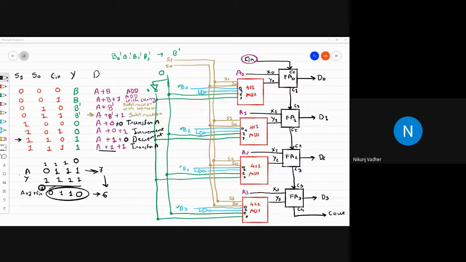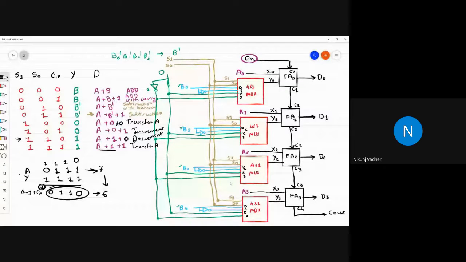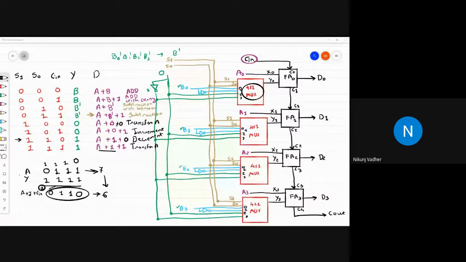If you are altering the connection, let's say if you are changing the connection in this multiplexer, in this part, then accordingly the operation will change. I will not allow any random connection. If you change the connection, then accordingly you have to prepare the table, so don't make any mistake in preparing the table. This is one of the most important concepts of this unit, so you should remember it as well.